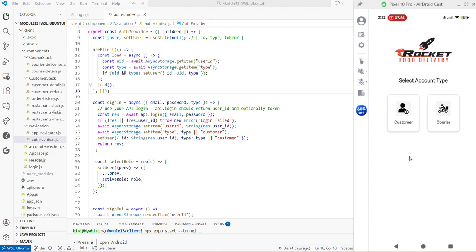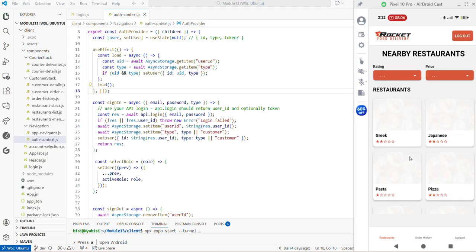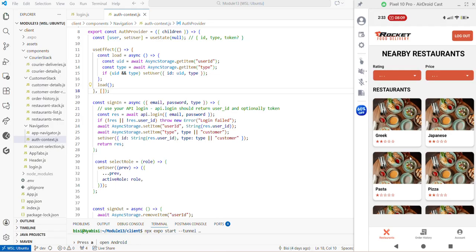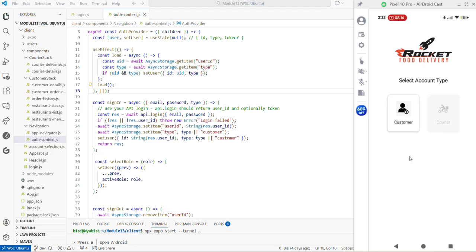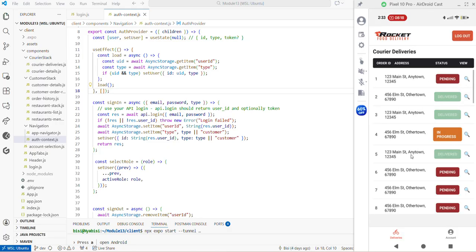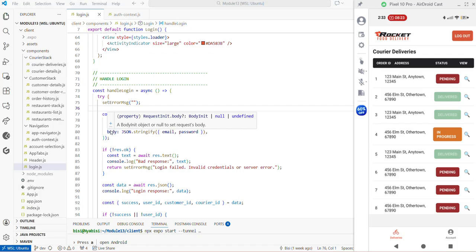The current one that I'm using, the user is both a customer and a courier, so they get the account selection page. On the account selection page, if I select customer, it goes directly to the restaurant list. If I log out, for example, log back in as the same customer, and I select courier, it goes to the courier page. So login and the auth context handle the assignment of roles and the redirecting,